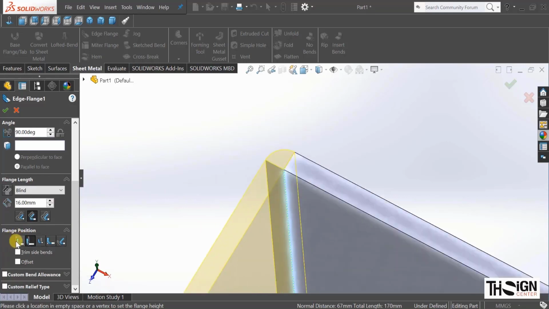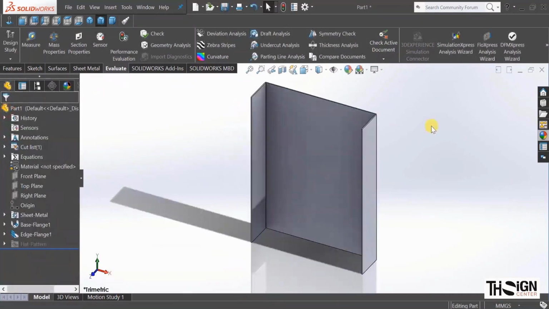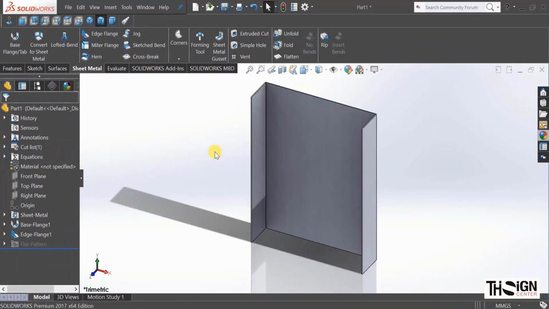If you choose this option, you will see that it starts creating a flange inside the rectangular area. And if I change to the material outside option, the flange starts from the outside of the rectangular area. So at this moment, I will set up the flange position, use the material inside. Then let's create another edge flange. Hit the edge flange command,